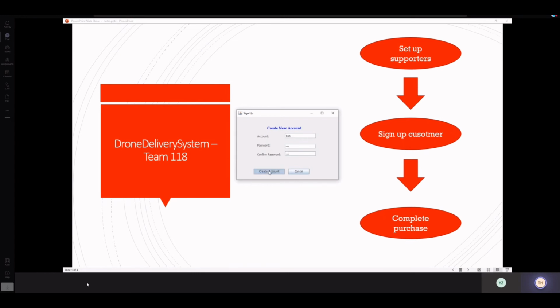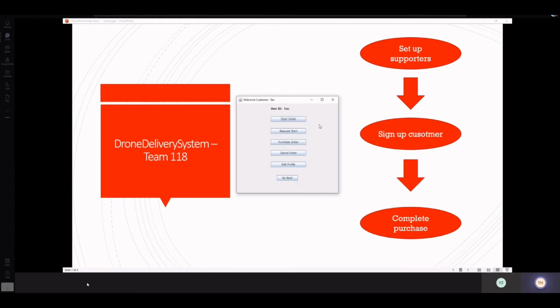Make sure your password is consistent. So this account can be created. So we can try to log in as child and see what happens. So once you log in as a customer, your interface is actually different from the admin. But before you try to start an order, since I haven't really created my account using the admin interface,